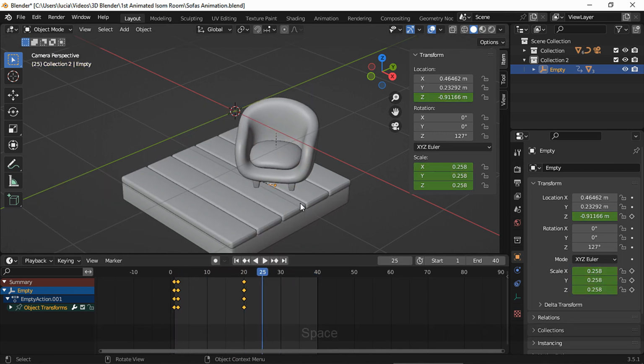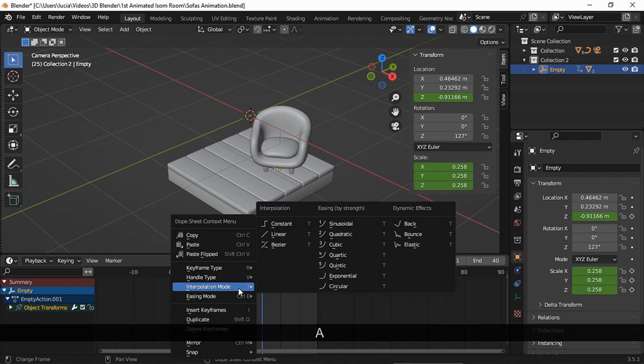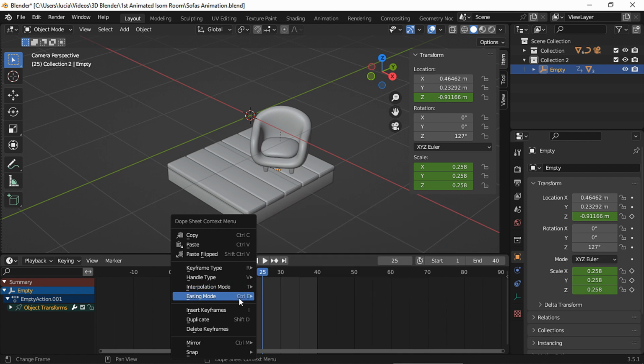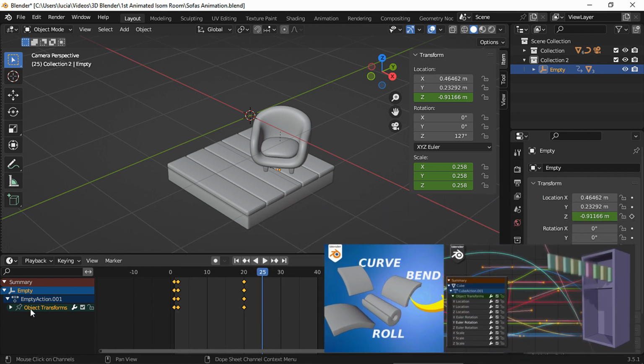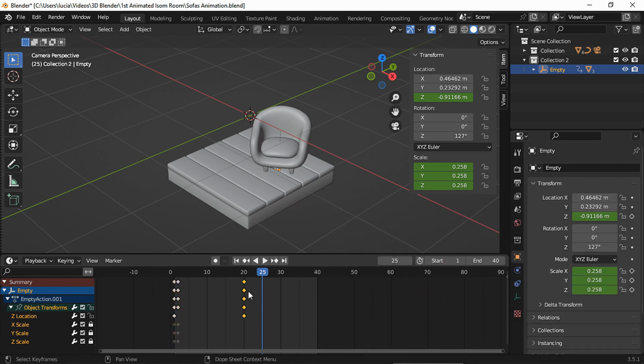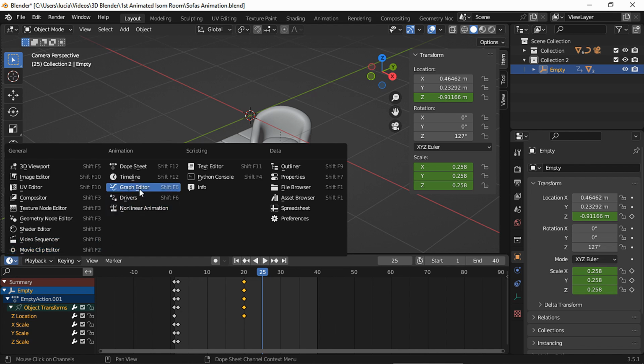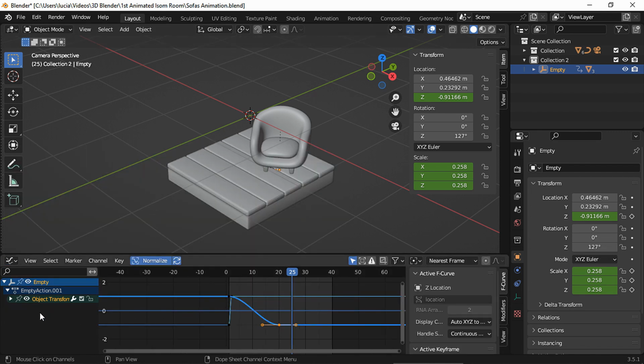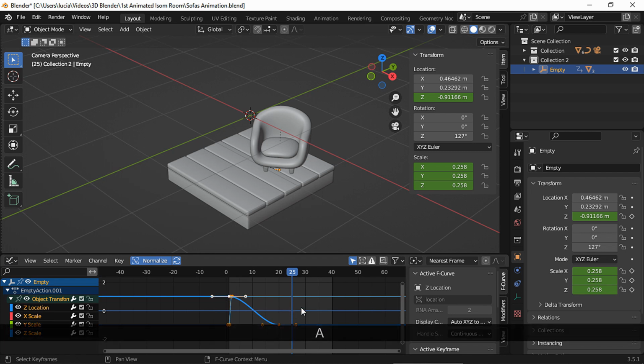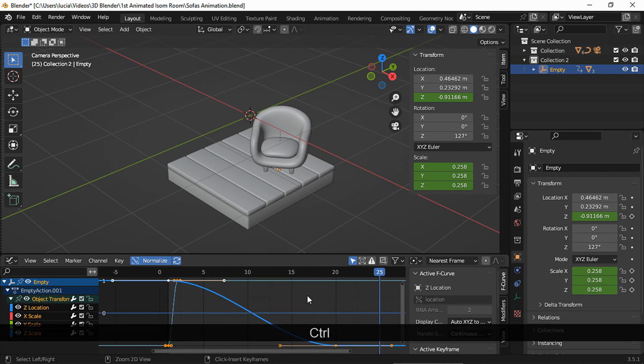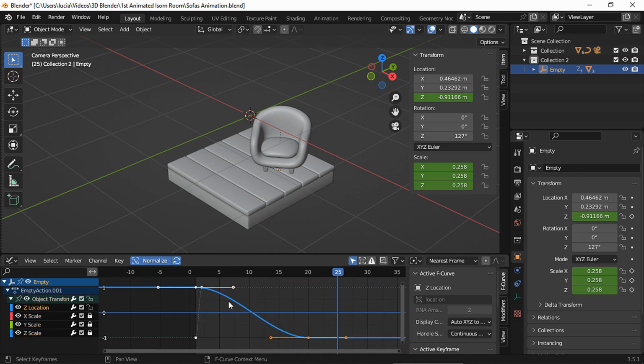Now you can play with the interpolation and the easing modes. I actually covered this subject more in depth in some of my past videos, and you can even lock some keyframes and ease only a few. I prefer going to the graph editor to tweak the easing mode a bit more precisely. Open up the channel groups, and now we get to see the curve for each axis we've animated. Let's lock all the channels but the set location channel.